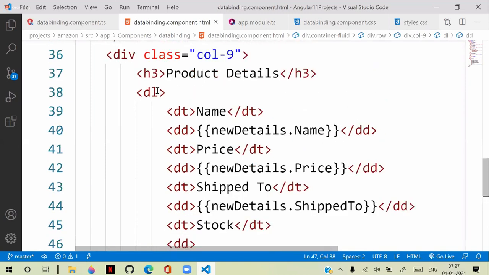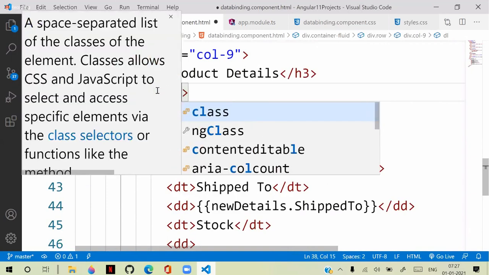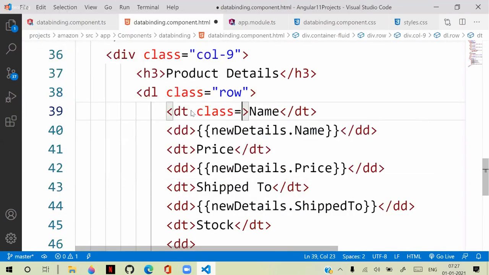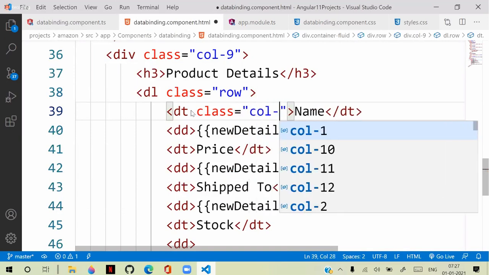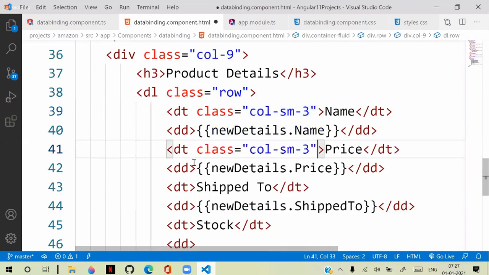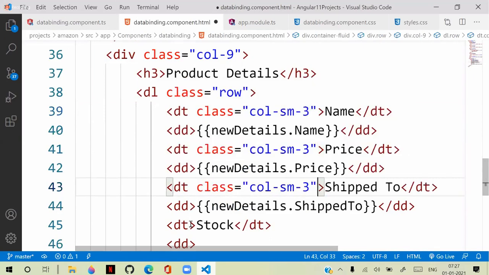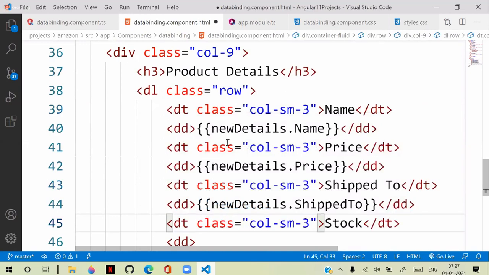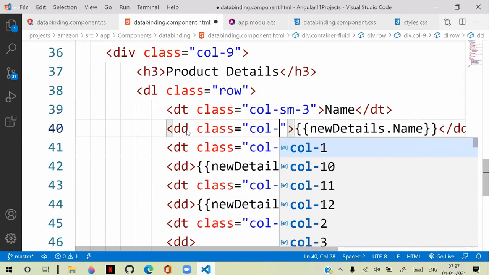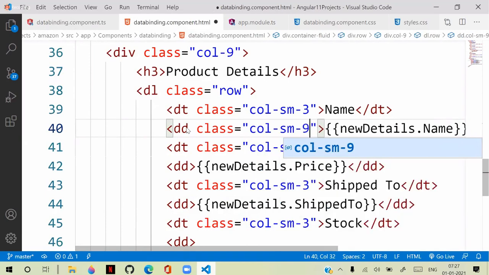Suppose I am arranging this data list with a class called row. For data terms, I am using col-sm-3. Wherever a term is there, I am using col-sm-3. And wherever a definition is there, I'm using col-sm-9.